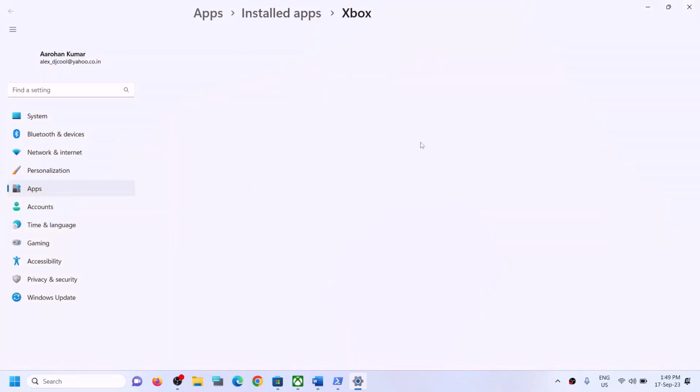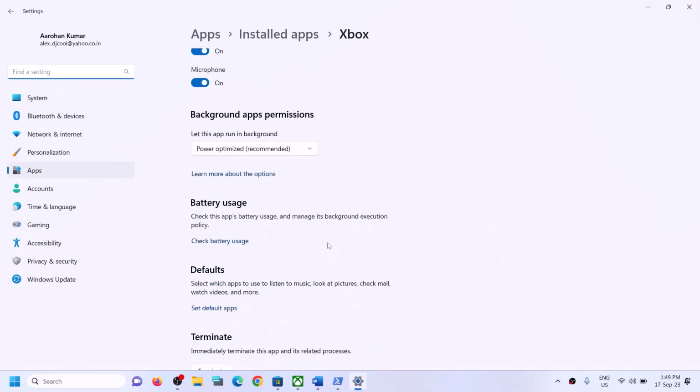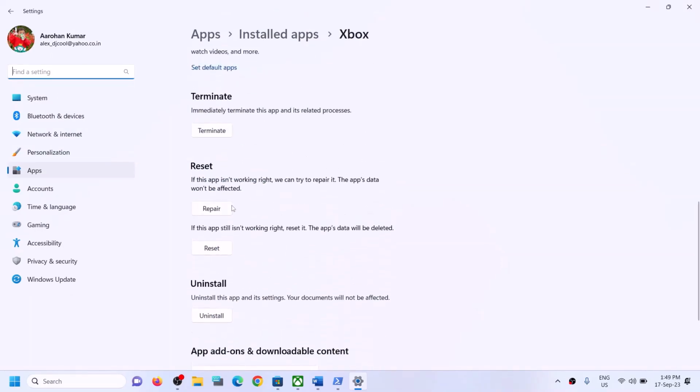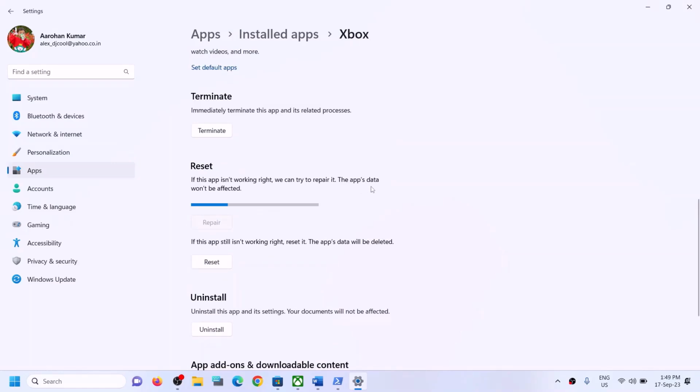Now on this screen, scroll down and you will see the repair option to repair Xbox app. Click on repair, and after the repair you can try to install the game. Still, if you are facing the problem,